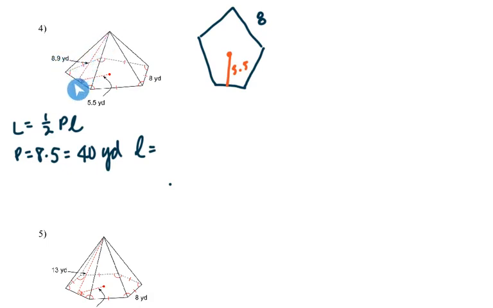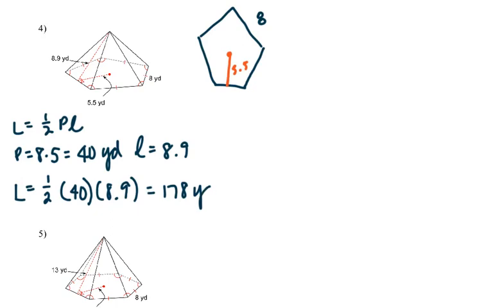So slant, slide down the side of the pyramid. So that's 8.9. Okay, so total lateral area, half of the perimeter times the slant height, is half of 40, which is 20, times 8.9 is